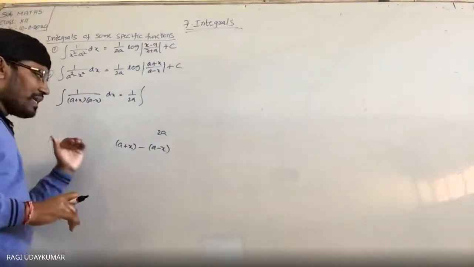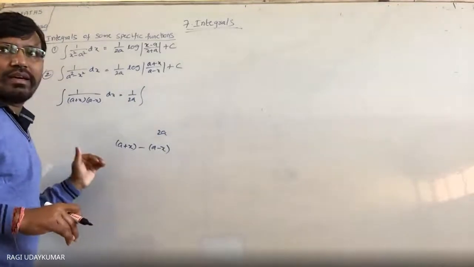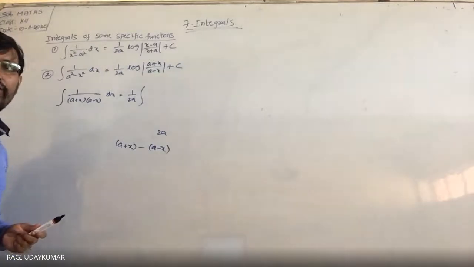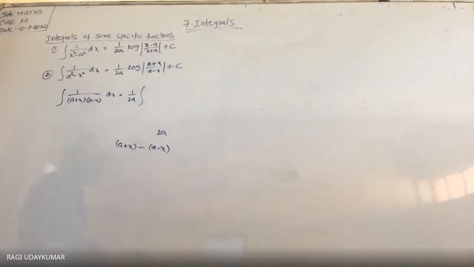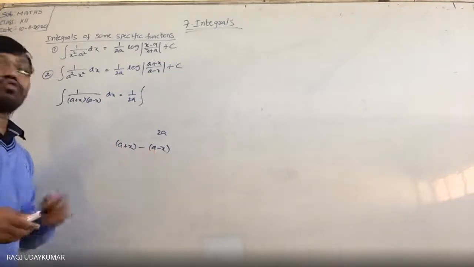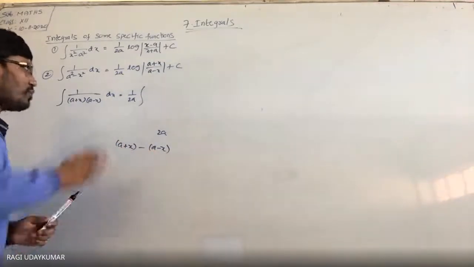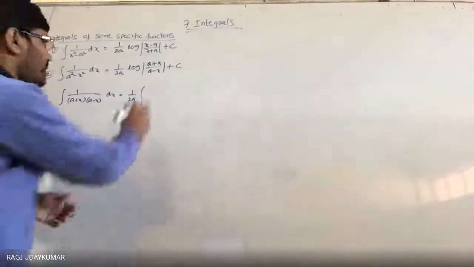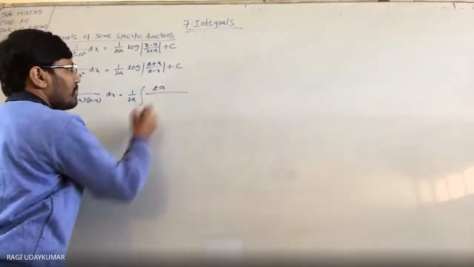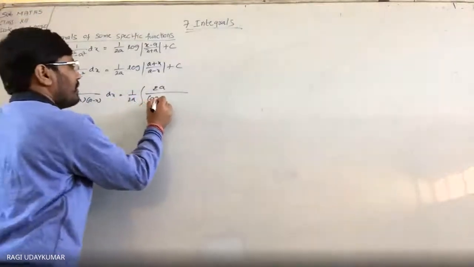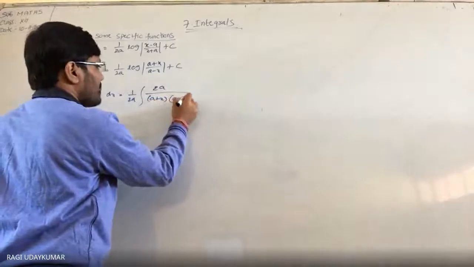So if you are taking a plus x by a minus x, but what do you get here? 2a you are not going to get. देखो a cancel होगा, x plus x 2x you are going to get. So this should not be there in the numerator. Numerator में हमको 2a, इधर 2a, 2a को कैसे स्प्लिट कर सकते हैं? a plus x, a minus x.